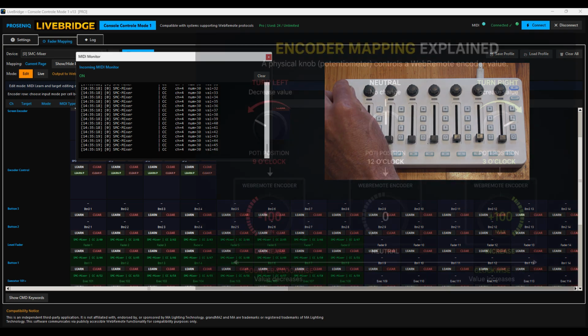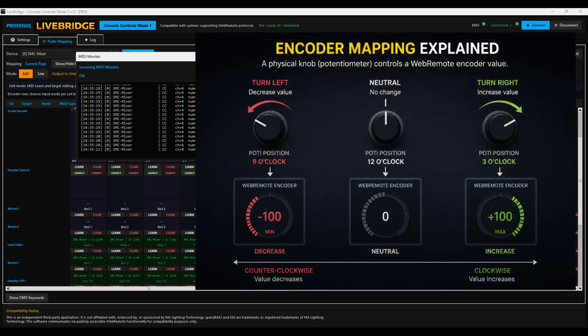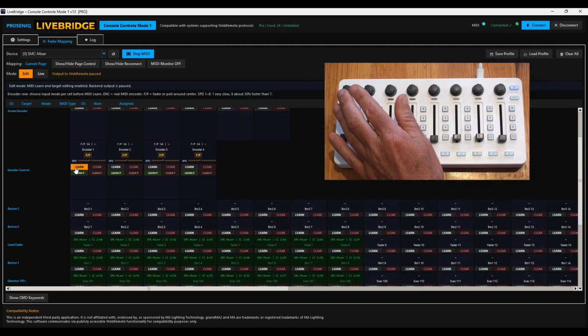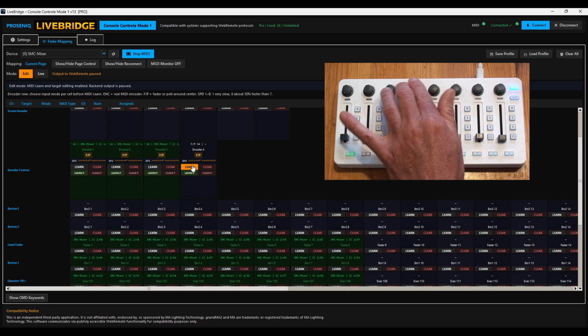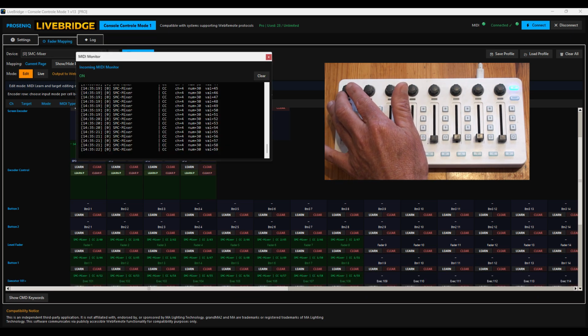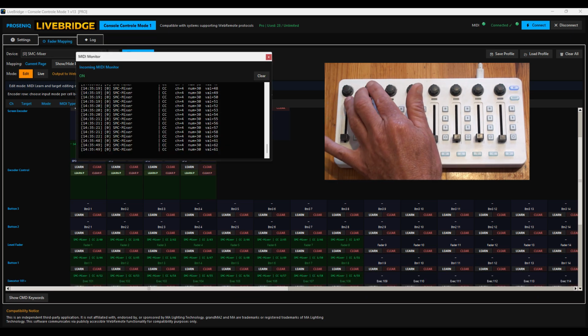Now in this fader and potty mode, the console is thinking whenever you're in the 12 o'clock position, there is no movement. Okay, we're gonna learn this one, this one, this one, and that one. Now I'm gonna make sure that they're in the center position. Here my fader's got no indicators where the center position is, so I'm gonna use here the